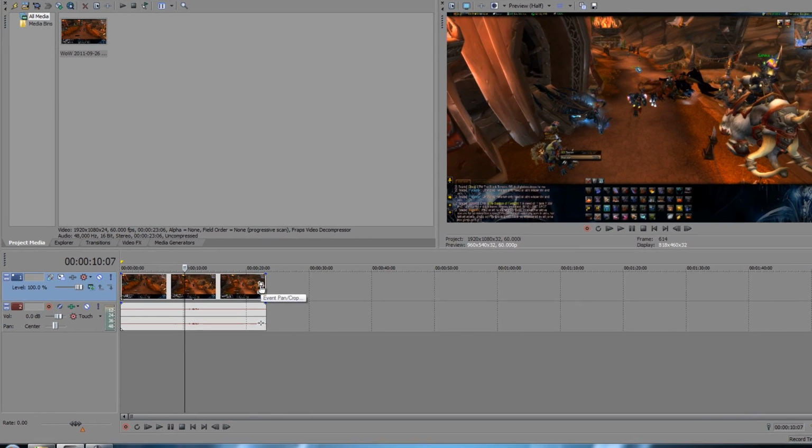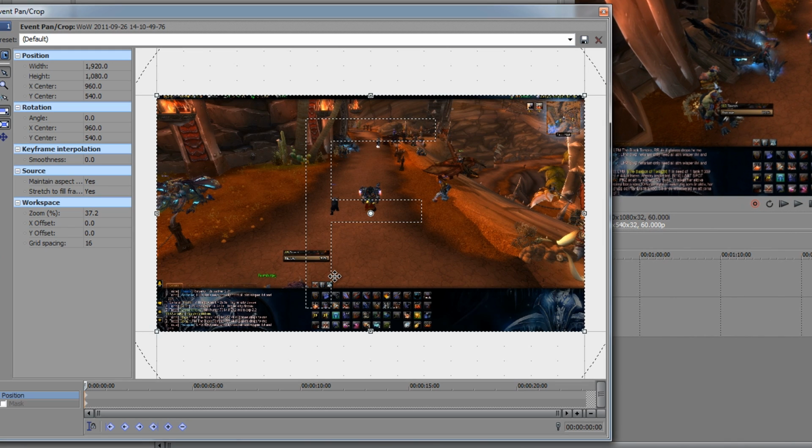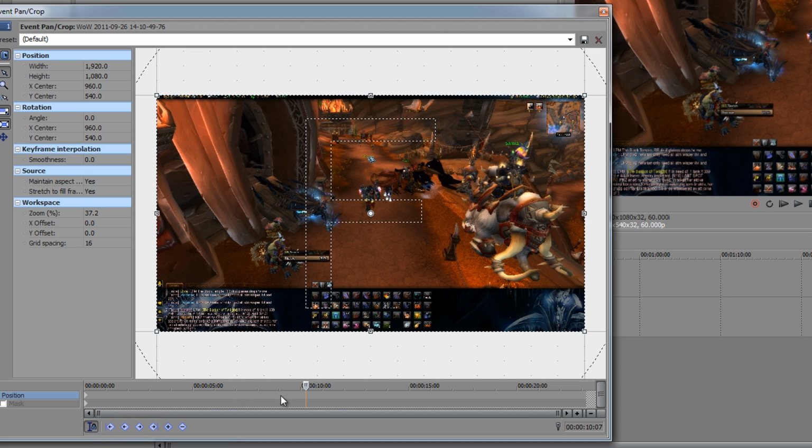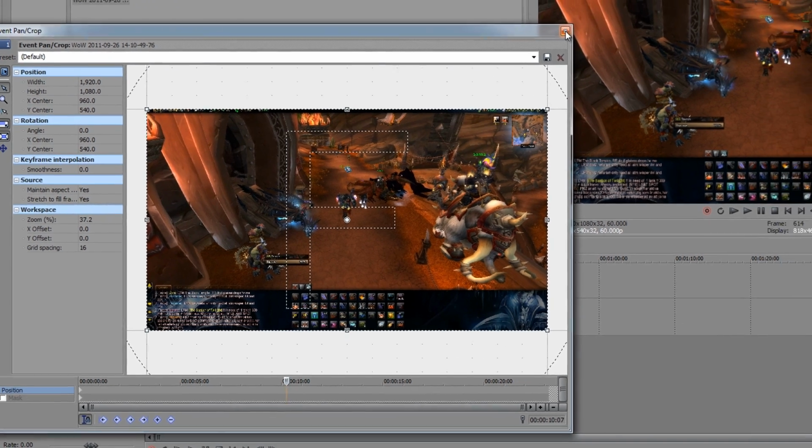So what you want to do is click on Event Pan Crop. See, now I'm here inside this movie, right? At this point, but my timeline's at the beginning. So what you want to do is click this one, sync cursor. See, now the cursor just moved all the way in here. This is very important. Now we're gonna shut it down again,